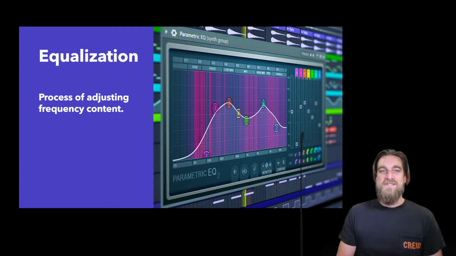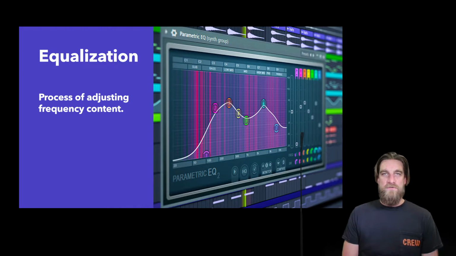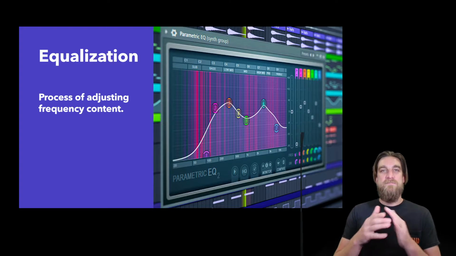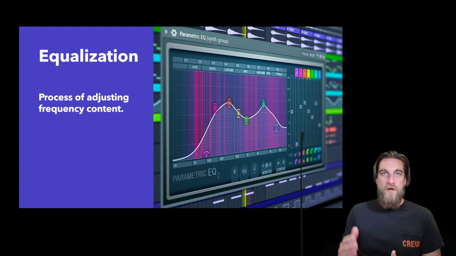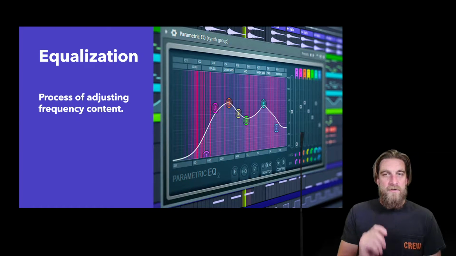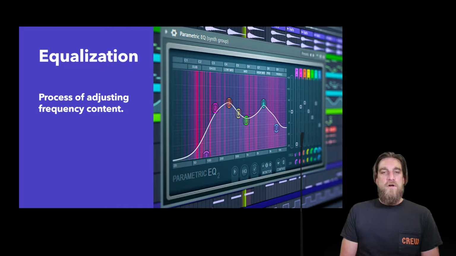Equalization is the process of adjusting frequency content. So you can think of it as frequency-specific volume control. What does that really mean? If you think of the frequency spectrum, remember we're dealing with 20 hertz to 20 kilohertz as our spectrum of audio frequencies that the human ear can actually hear, right? So starting at 20 hertz being the lowest bass sounds to 20 kilohertz being the highest highs, we have all